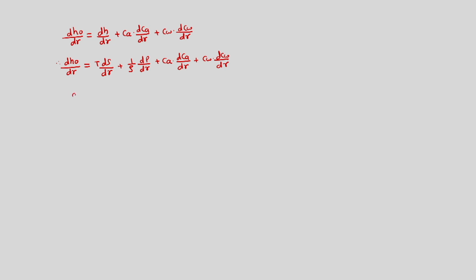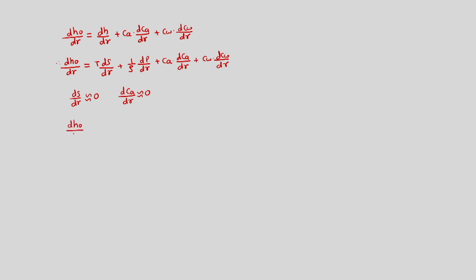Here we will consider ds by dr is close to 0, which means that entropy is constant along the radius. This term would become prominent in case of compressible flows, where shock is going to appear prominently. So ds by dr is going to be 0 otherwise. Further, we will also say that dCa by dr is equal to 0, since we have the assumption that Ca is constant at various heights of the blade.